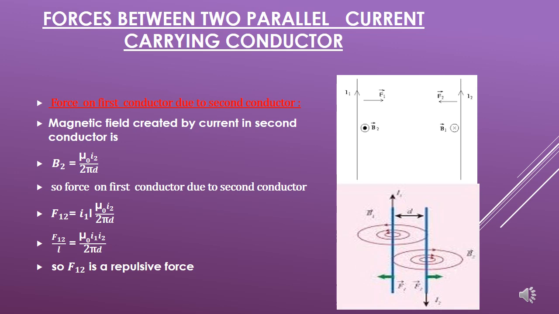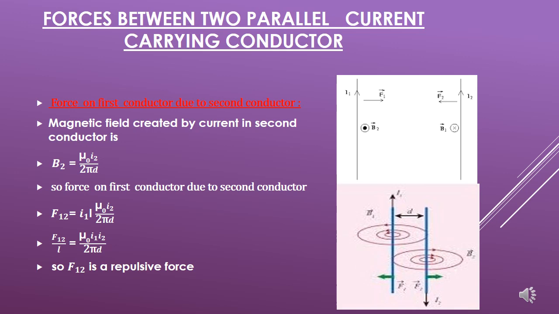If the direction of current is not the same, and it is in the opposite direction to each other, which is case number 2, then the magnetic field is inside at conductor 2, so the force direction is on the right. At conductor 1, if the magnetic field is outside, then the force is on the left. So the two forces are opposite and there is a force of repulsion.